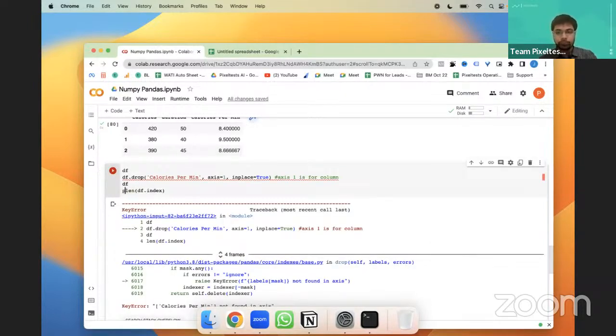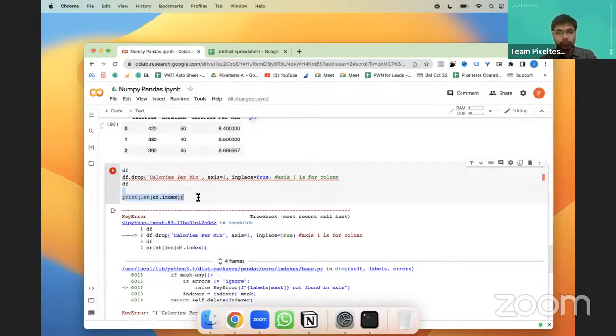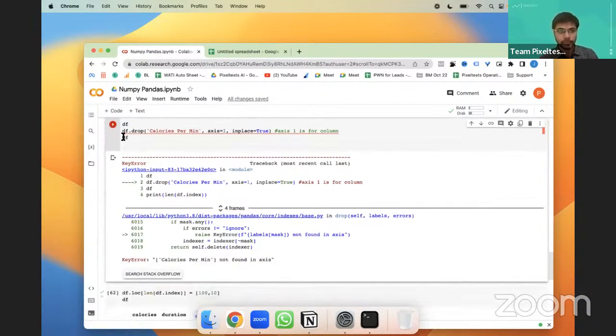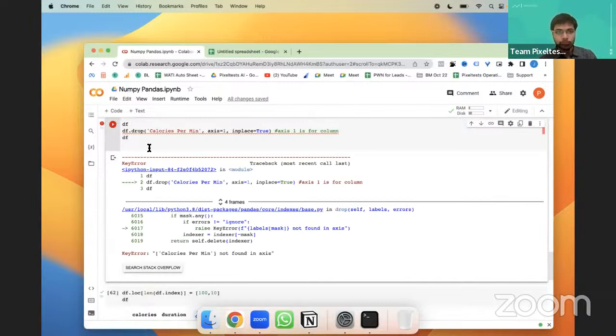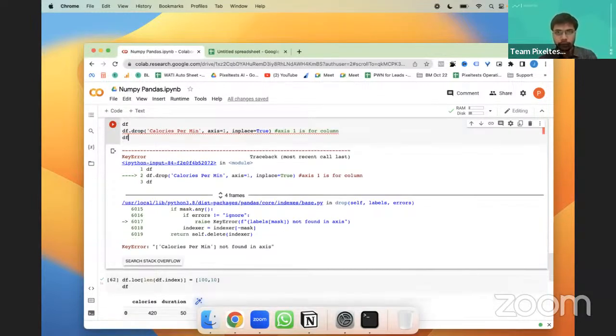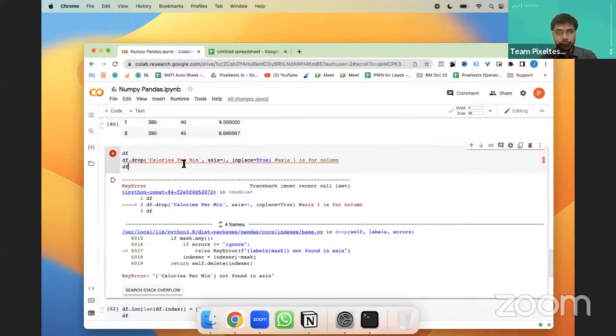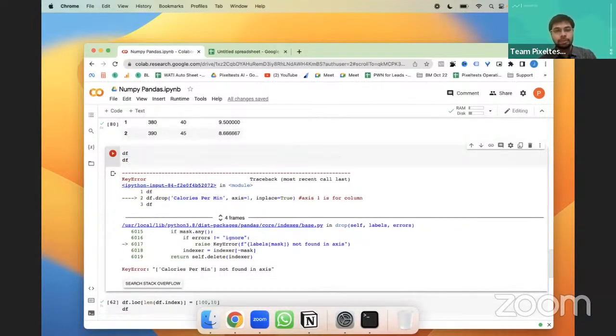Let me first print the length of this. Oh, what happened here is that the data frame object got created, but because we have deleted calories, it is not able to find it again.